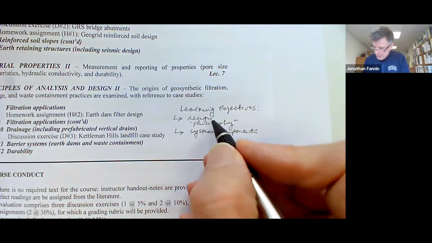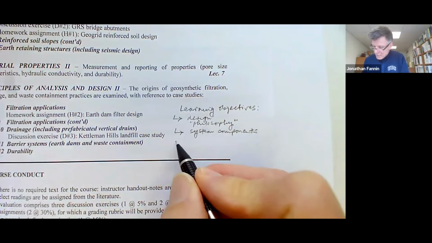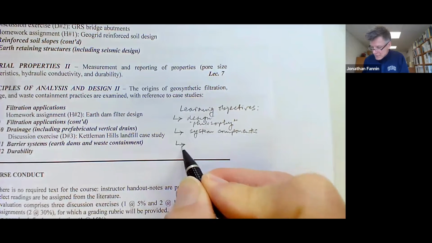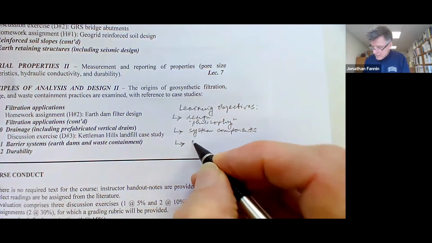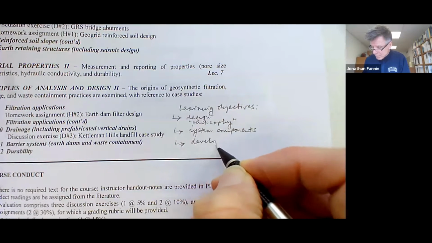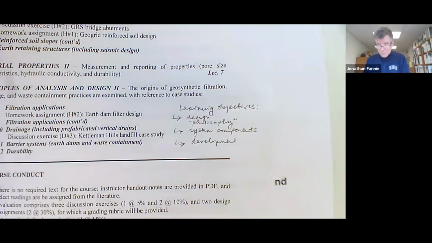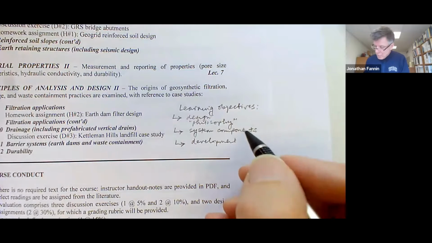And if we have a design philosophy and that's relating to the system components, then let's look at the evolution. And it's not as radical as you might think, ironically. So when I speak to development of design practice over time,